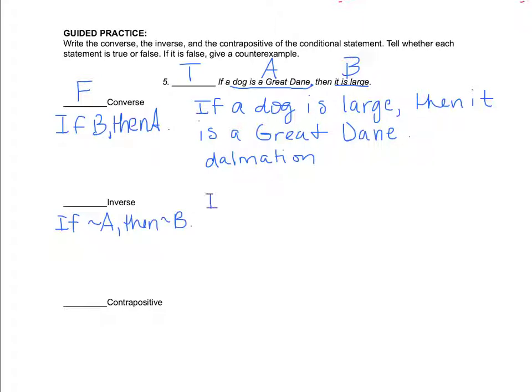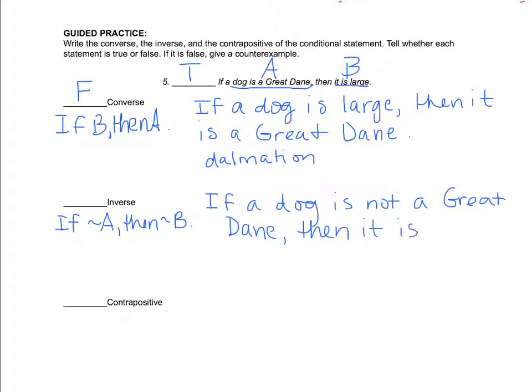So we're going to say if a dog is not a Great Dane, then it is not large. Again, that's almost the same as the last one. That's false. Our contrapositive here is if not B,